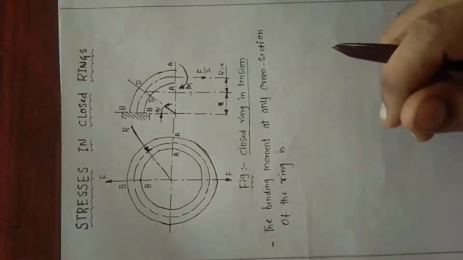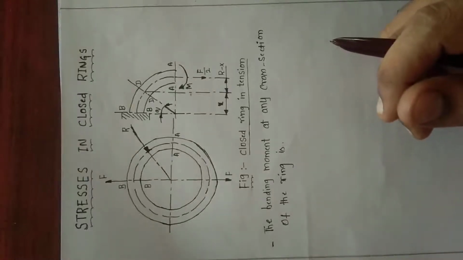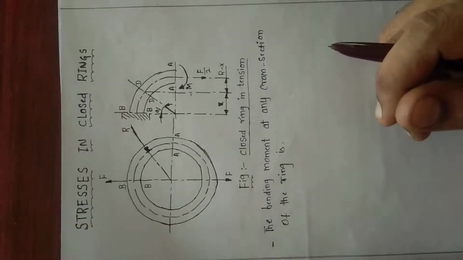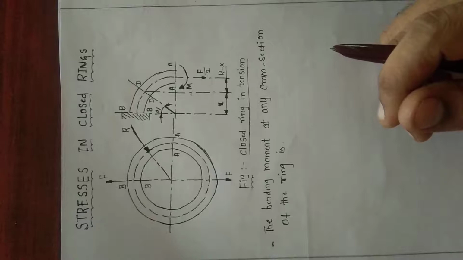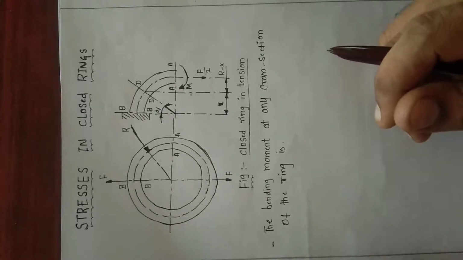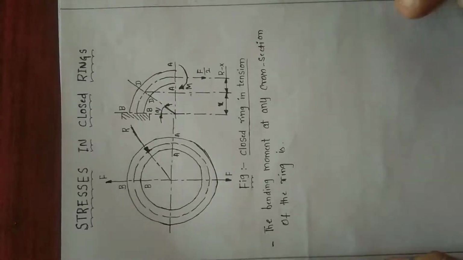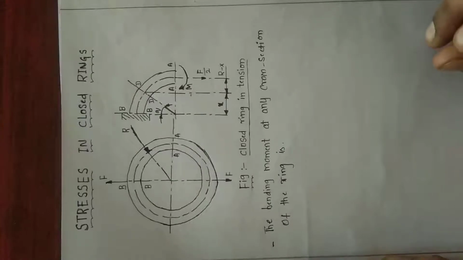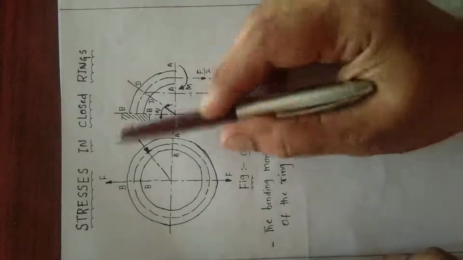Hello guys. So today, in the previous lecture, we solved the curved beam problems based on the trapezoidal section and triangular section. Whichever problems we solved were not closed; there was a small opening. Like the crane hook, it is not a closed one, with an opening at one end.